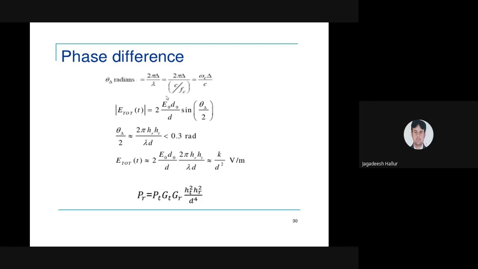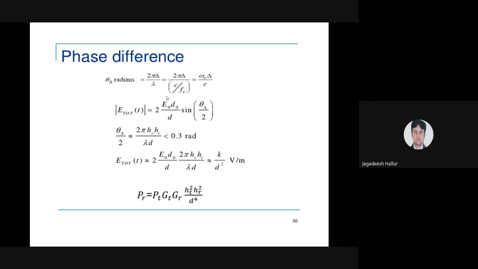So what does it become? The 2 pi gets cancelled. Why? Because omega is equal to 2 pi F. Omega is equal to what? 2 pi F. So F is equal to what? Omega divided by 2 pi. Getting the point? He has written the direct equation: omega c is equal to 2 pi Fc, so Fc is equal to omega c divided by 2 pi. The 2 pi gets cancelled. So the last equation is omega c into del divided by c.